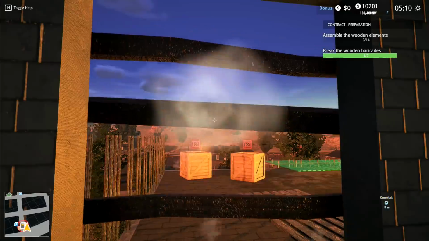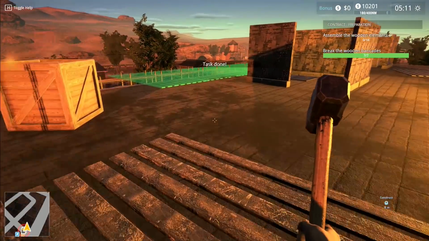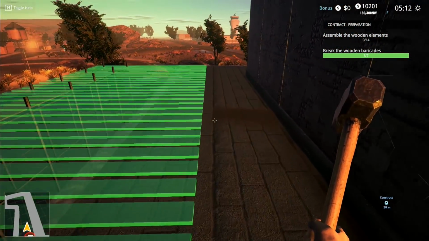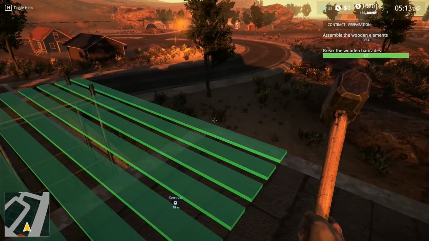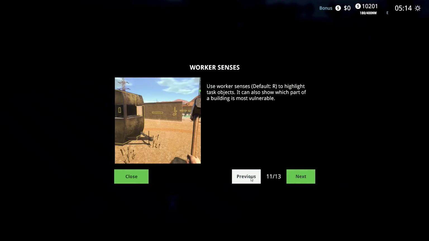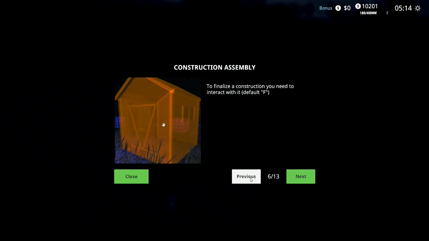This is our very first construction work. We've never done construction work before. We've got to assemble the wooden frame, which is all the way out here. So, what was the tip? Press T for tips. Previous. It was tip number 6. To finalize the construction, you need to interact with it by...